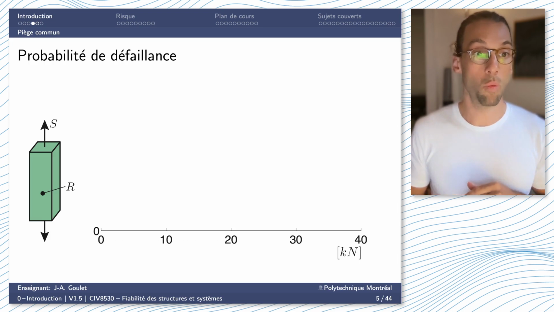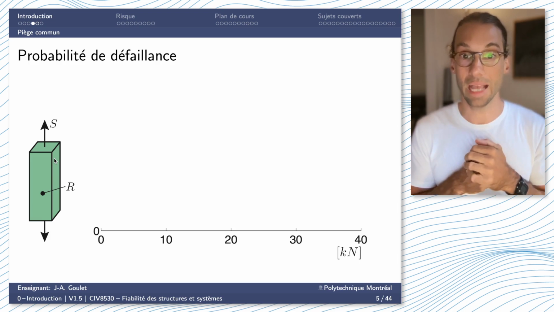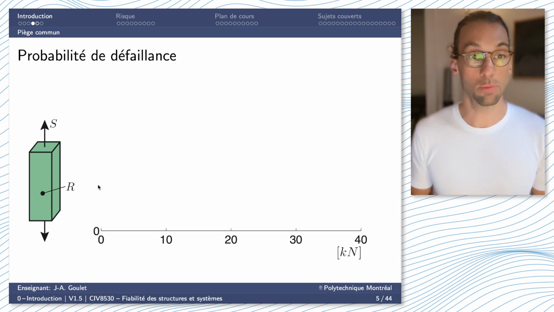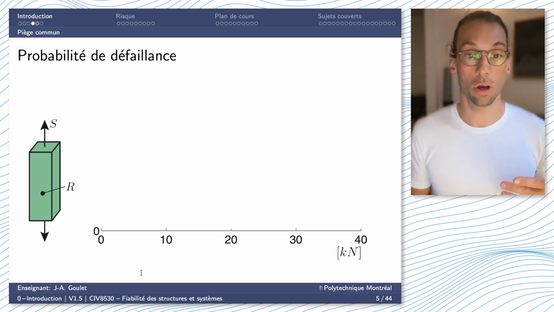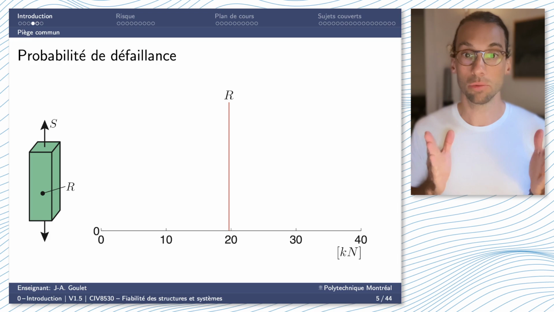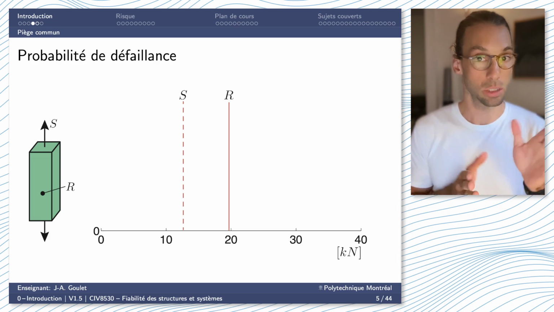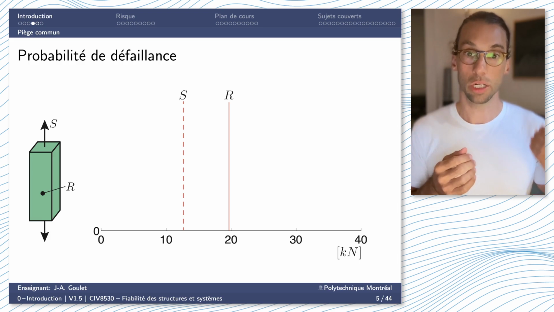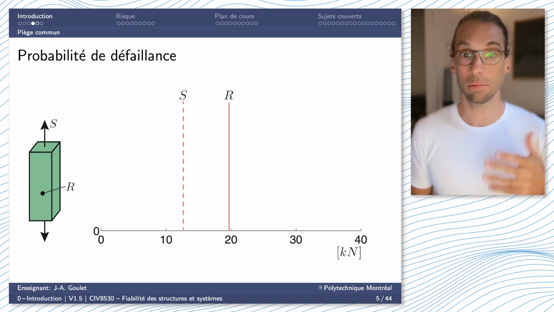Let's consider one component. So we have a bar subject to a tensile force S that has a strength or resistance R. We're going to express both this capacity and demand on our axis here, expressed in kilonewtons. So first I'm going to say, okay, I have a nominal resistance of, say, close to 20 kilonewtons. I have a solicitation that's probably around 12 kilonewtons. So in that case, since the solicitation is less than the resistance, I can say that that bar is strong